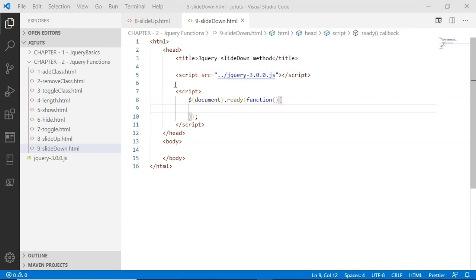And from line number 7 to line number 11, I have your document.ready function, which means when document is fully loaded inside browser, this ready function's callback function will get executed. So inside this file, I'm going to show you an example of slideDown, showing that how a DOM element can